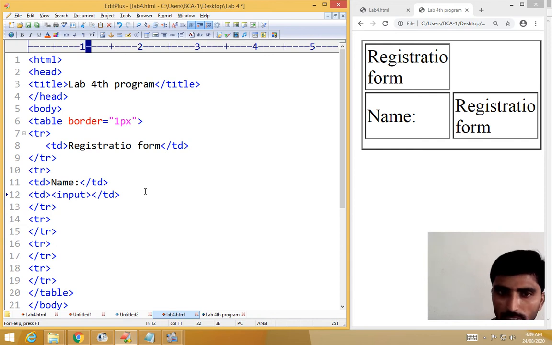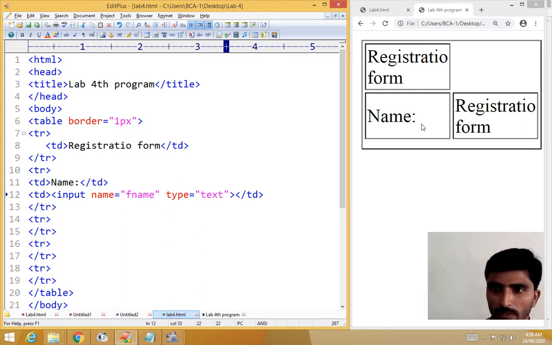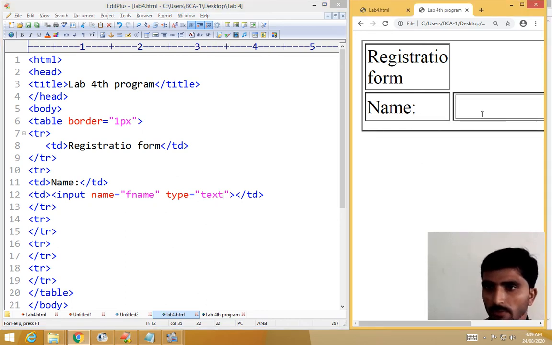Using the input tag we create a text box. Input, then name is an attribute. Using that name we can access the values. Name, first name. Then type equal to, which type you are entering. So double quote text. Okay, text, save. Then execute this one.